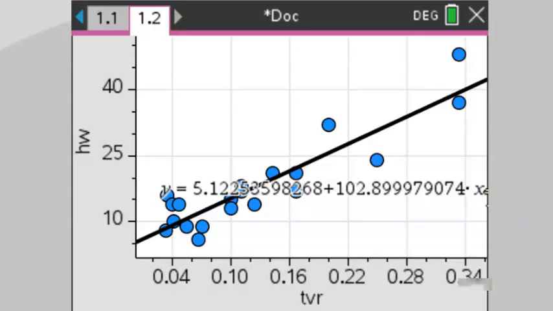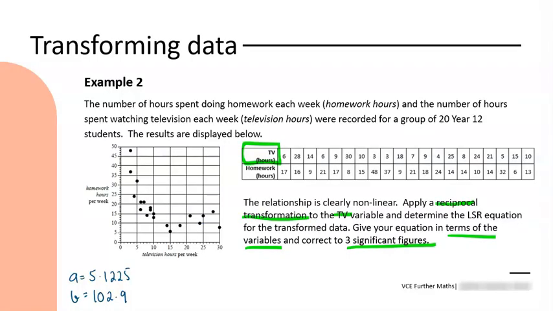So we'll do that now. Okay, so I've just noted down my value for the y-intercept and slope. Now I need to put my answer in terms of the variables. So we want homework hours equals our value of A to 3 significant figures, so 5.12, plus B to 3 significant figures,